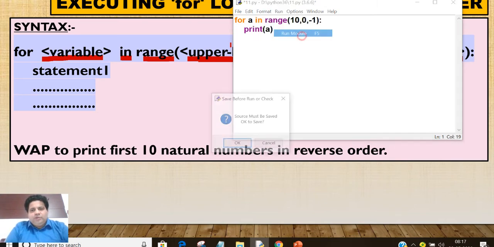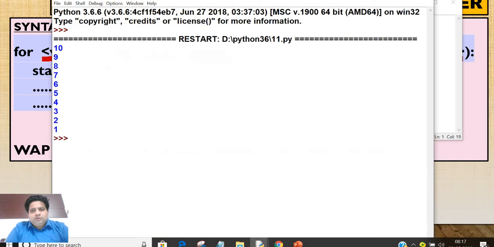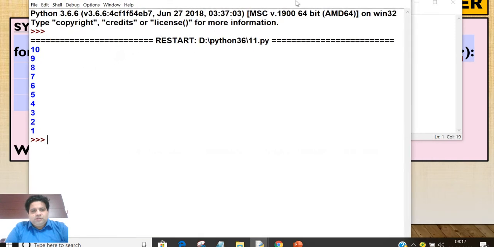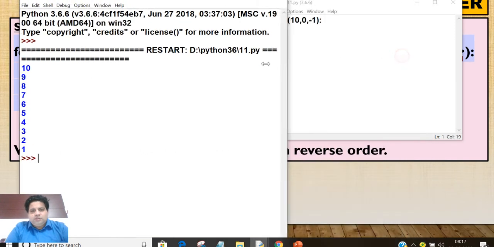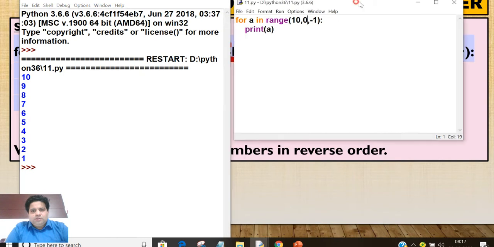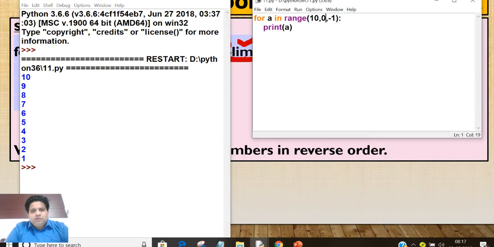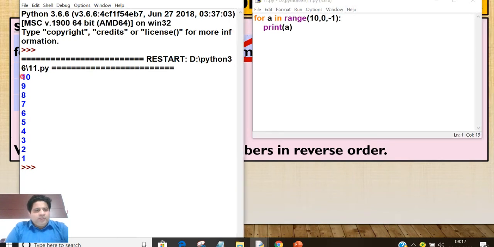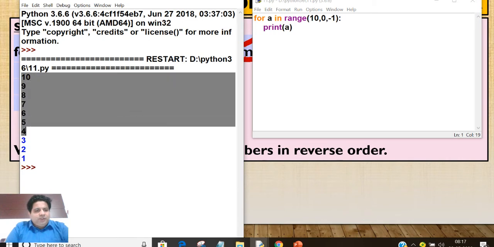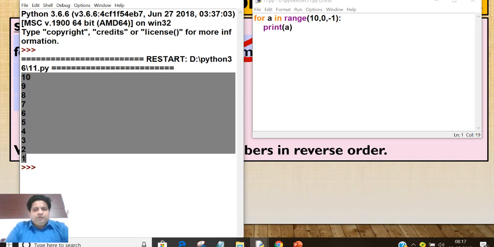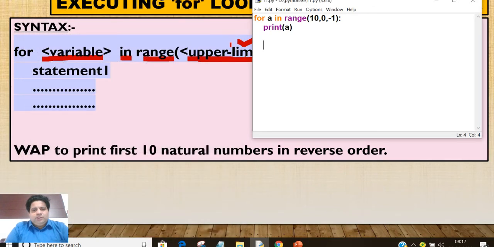Now run the program again. See, now it is printing 10, 9, 8, 7, 6, 5, 4, 3, 2, 1. Okay, so are you getting my point? So in this way you can print the first 10 natural numbers in reverse order. Okay.